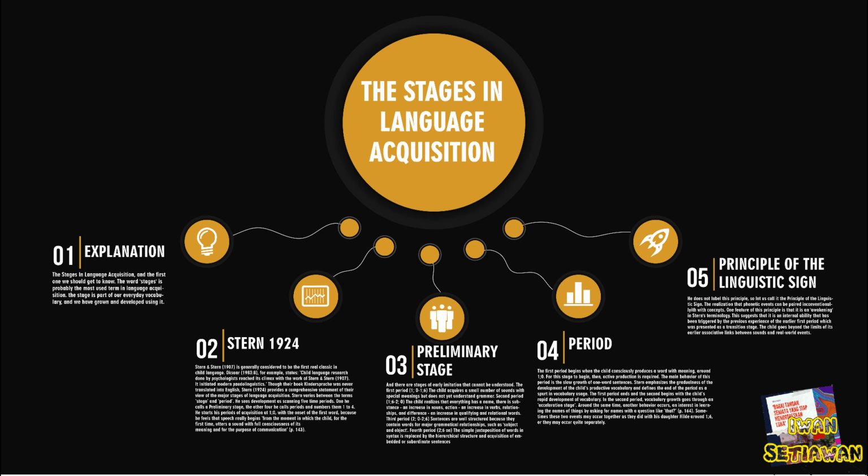And the third period, 0 to 2. Sentences are well structured because they contain words for major grammatical relationships, such as subject and object. And the fourth period, until 6, the simple position of words in syntax is replaced by the hierarchical structure and acquisition of